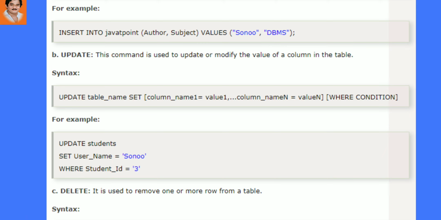Here, in which cases is the update command used? Suppose I want to increase a salary, then you can use the update command. Or I can transfer from one location to another location, I can use the update command.